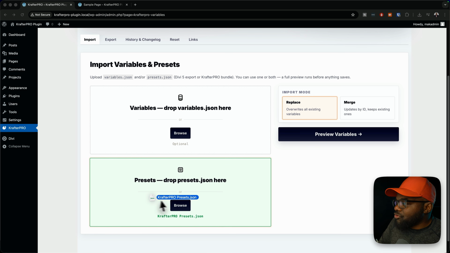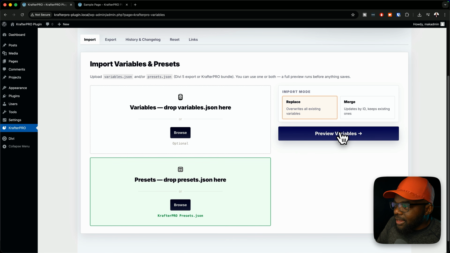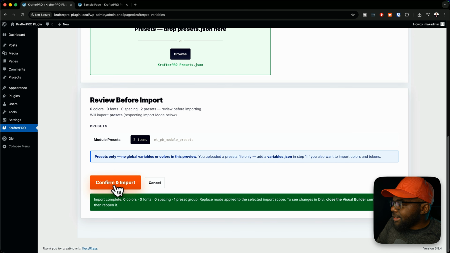So I'm going to come over here, drop my presets in here like that. And then you're going to notice that my button here has become active. So if I click on preview variables, now I'm going to replace, by the way, I can do that. And now it's reading the file and it's telling me here that, okay, there isn't much because it compared, because